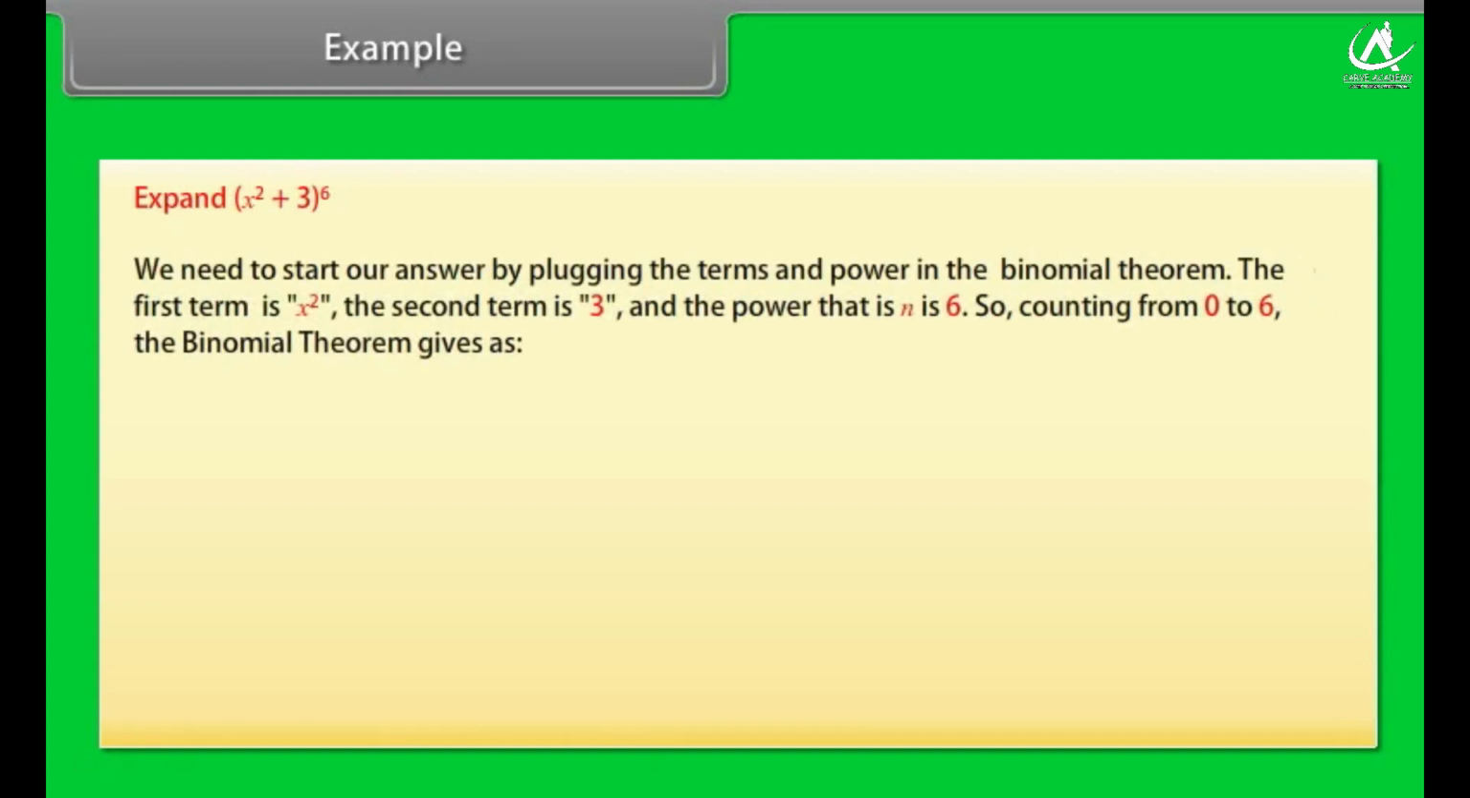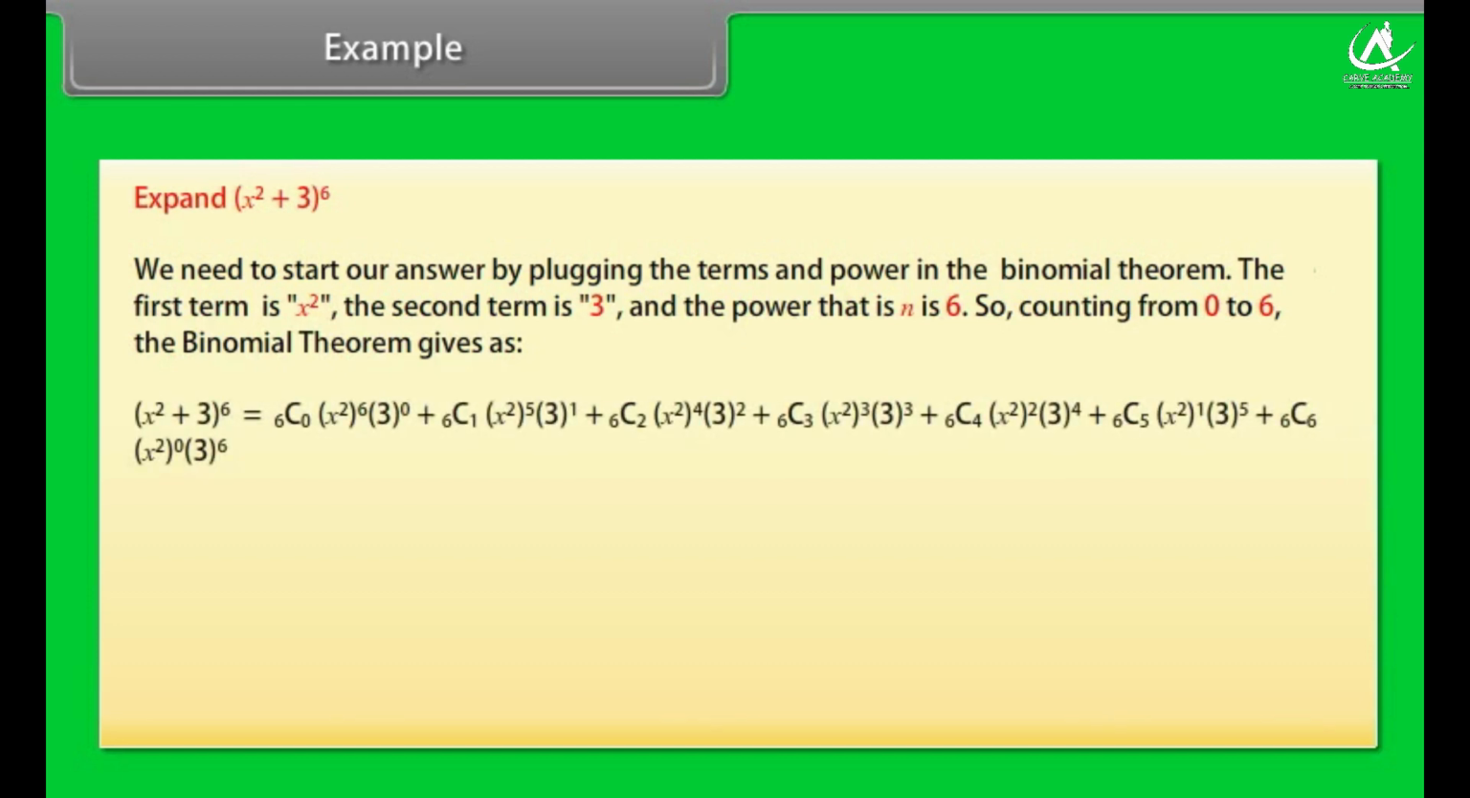Example: expand (x² + 3) raised to power 6. We need to start our answer by plugging the terms and power into the binomial theorem. The first term is x², the second term is 3, and the power, that is n, is 6. So, counting from 0 to 6, the binomial theorem gives (x² + 3)^6 is equal to